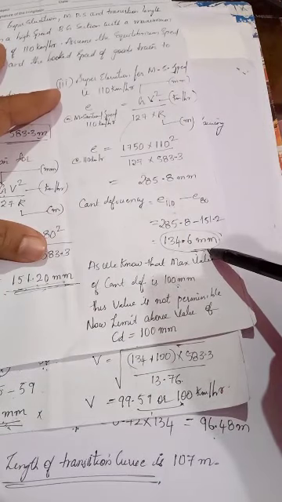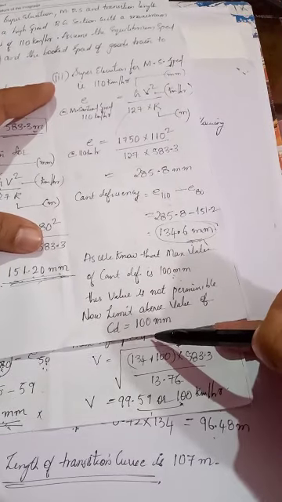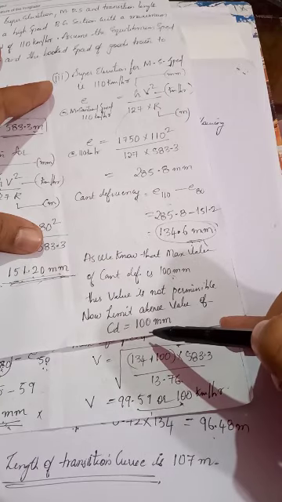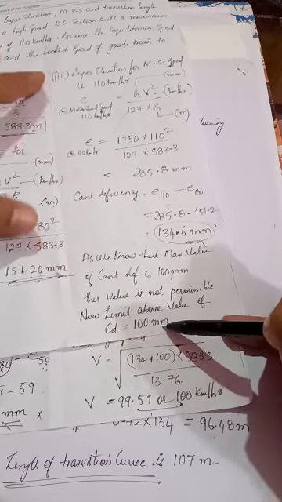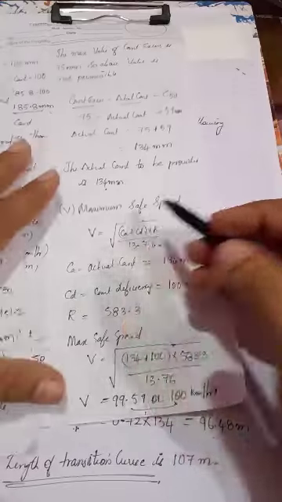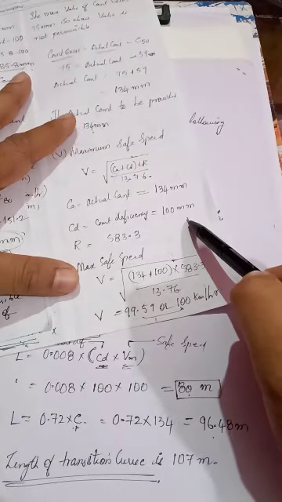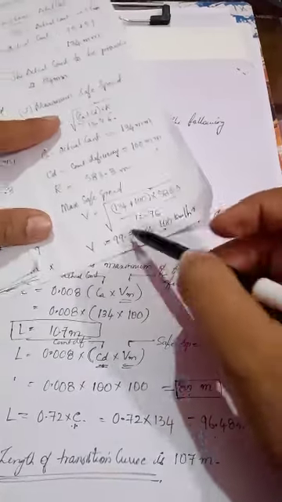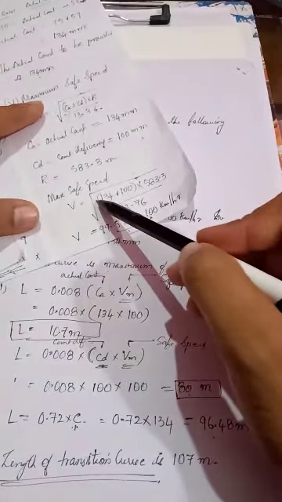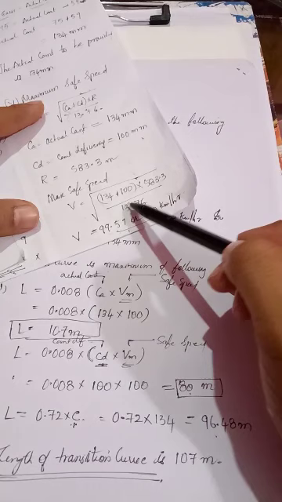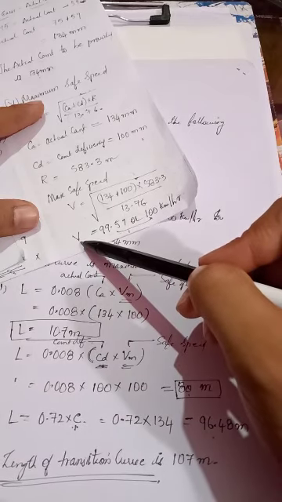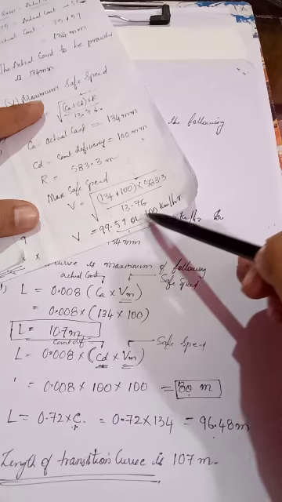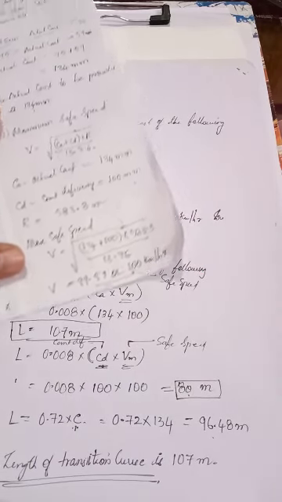Don't go for this value. This value has been brought down to this. Now limit the above value of CD to 100 mm. So this becomes our cant deficiency. Cant deficiency is 100 mm. Radius 583.3 meter. Again we need to substitute these values. V is equal to under root of (CA plus CD) into R by 13.76. We have got the value of V as 99.59, or we can round this off to 100 km per hour.